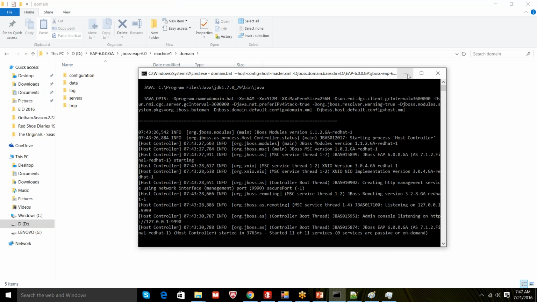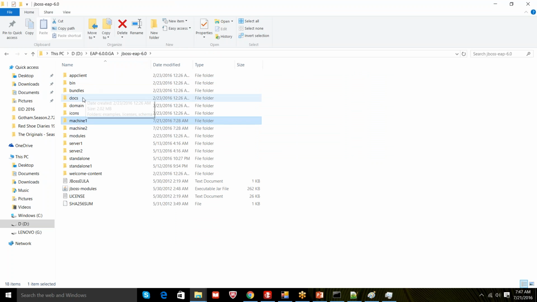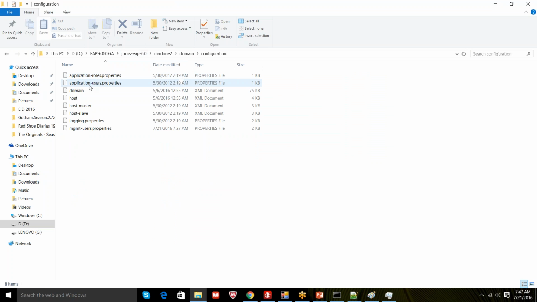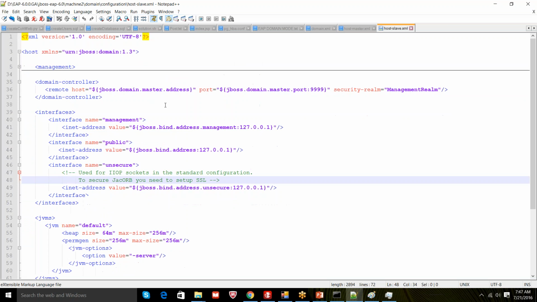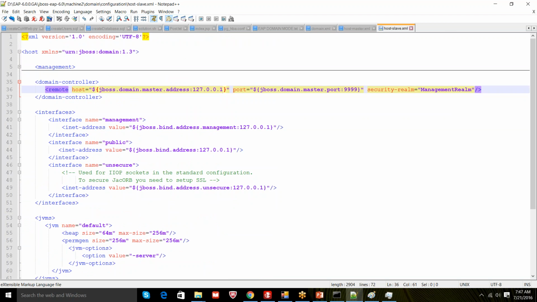Let's start a host controller, and in the host controller we have some servers defined in the other host controller machine 2, and we will start up those servers. We already have this host slave open. In host slave, we are going to give the domain master address like this. And one more thing we have to do is